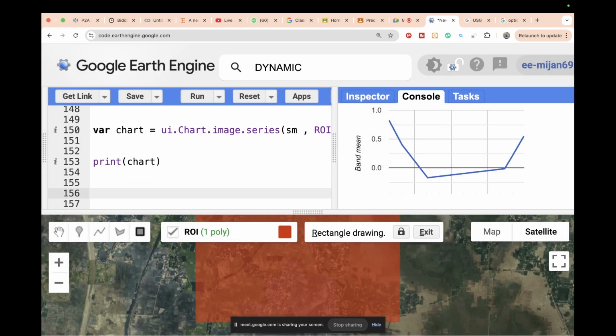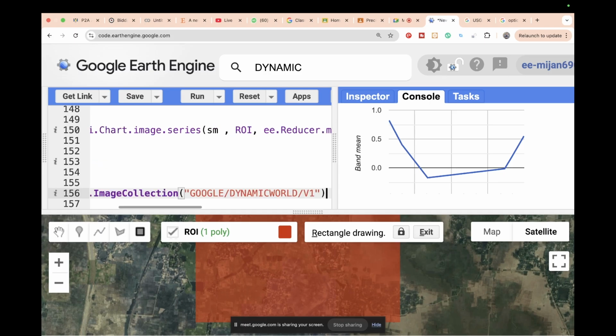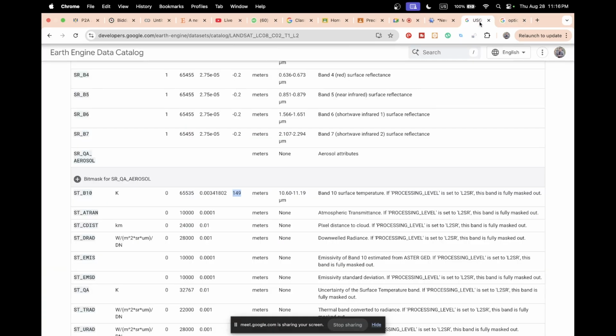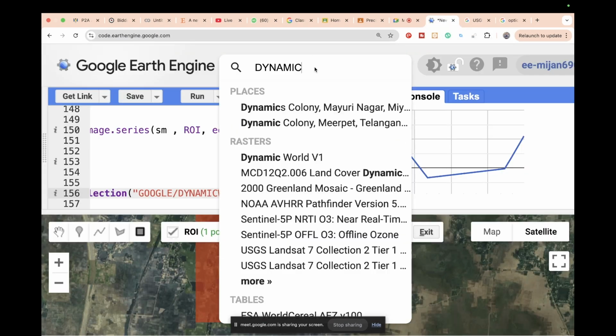I take a variable, suppose I name the variable LULC, and then paste here, and I select the band name. If you check this data set, the band name is